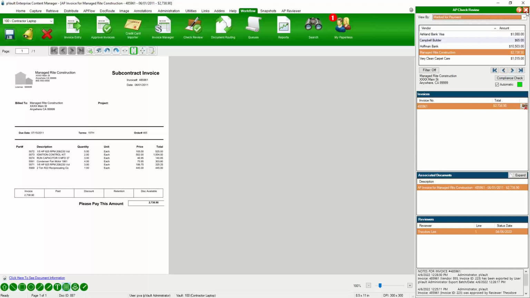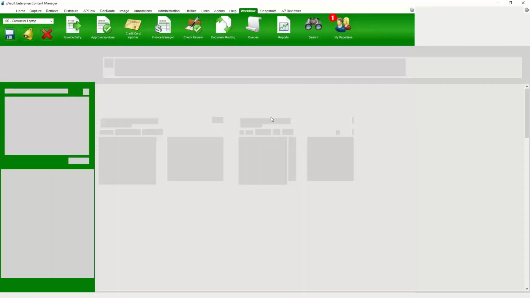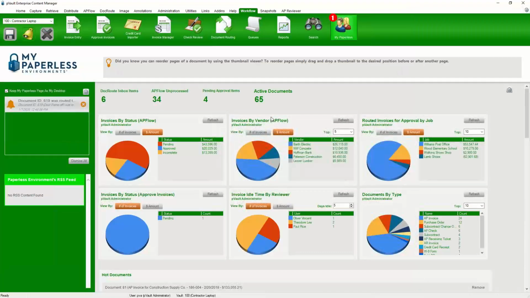So, an easy way to get the information out by check number or by vendor number to view when you're reviewing your checks. Now that being said, that's the main workflow for the system. Coming in, getting it read, OCR'd, routed for approval, and then once fully approved, we have the check review to view it. Throughout that whole process, you have reports and an invoice manager to track exactly what's going on with